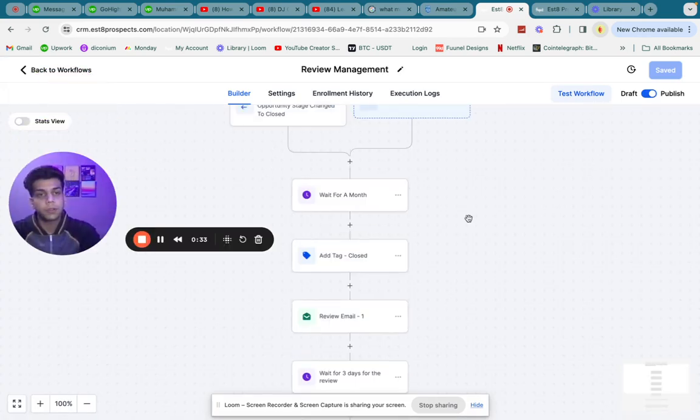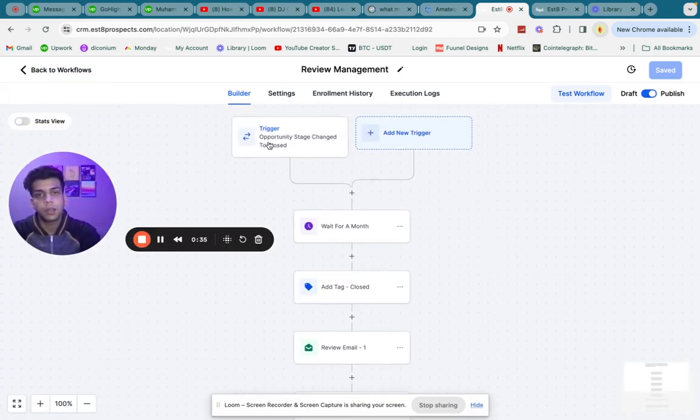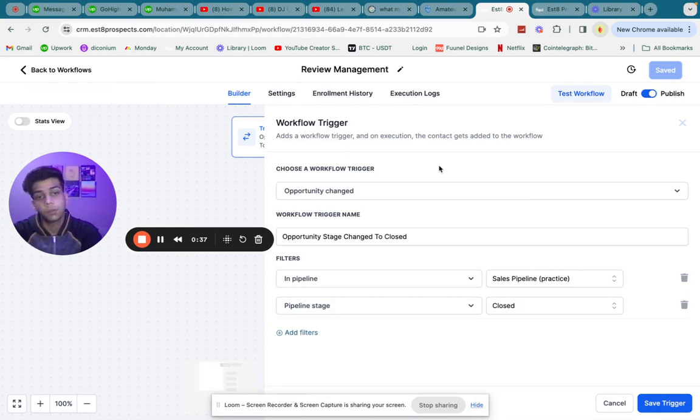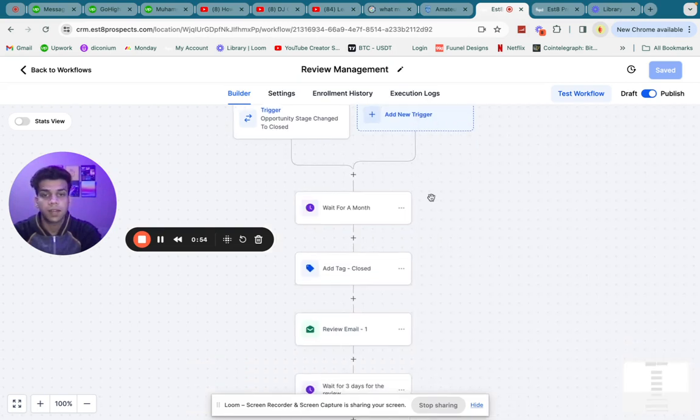So I've already built out the automation, but I'm going to show you how you can do that. Now, first of all, you will choose the trigger. You will decide what trigger you want to choose. How do you identify that a lead has been closed? So in this example, I'm using a pipeline, and there is a pipeline stage which is named called. So here, the workflow trigger is that whenever a lead is moved to this pipeline stage, then start these automated